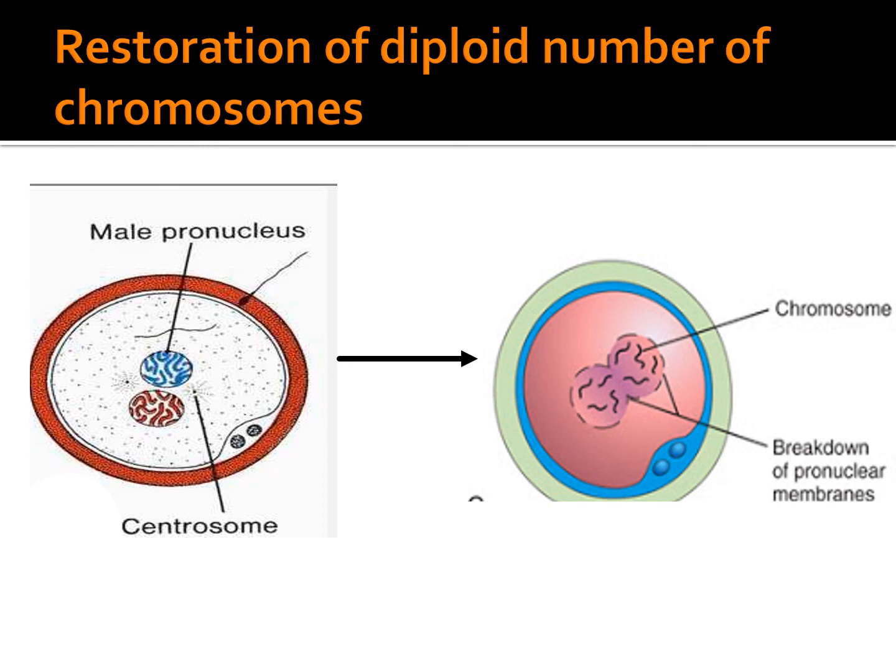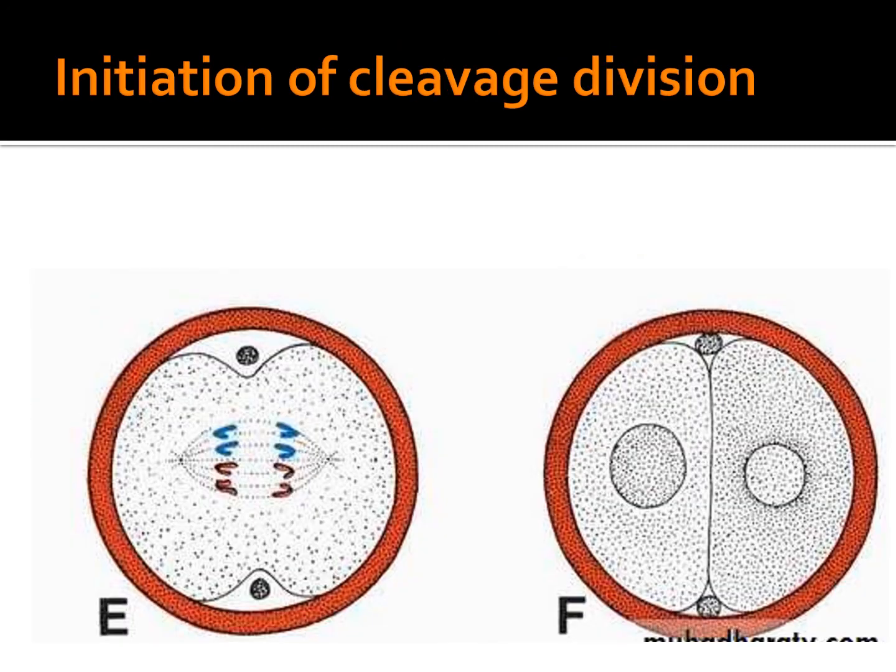Then there is restoration of the diploid number of chromosomes. The ovum and the sperm each contain a haploid number of chromosomes. These two fuse together and form a diploid number of chromosomes, making a single nucleus located in the center of the ovum. The chromosomes of both parents arrange themselves around the equator of the spindle. Most of the cytoplasm comes from the mother, so most of the hereditary characters are carried over from the mother to the child.